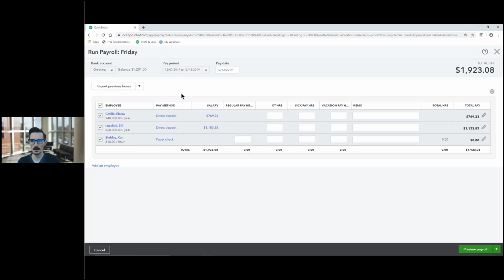Okay, now we've got our checking account. This is a big thing to always look at. Always, always, always, always go check: what checking account am I using? Because some of you only have one checking account in your company and it will never change. You'll always use this same checking account. I still recommend coming up here just to be sure,